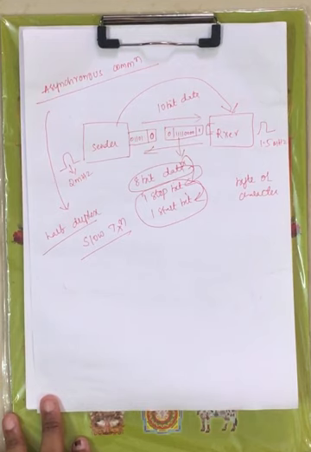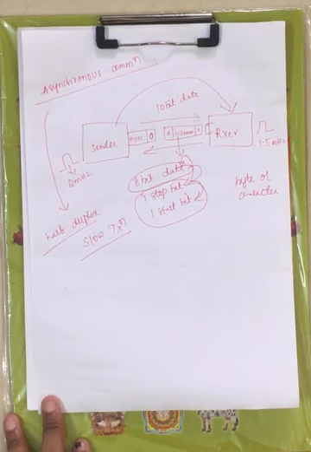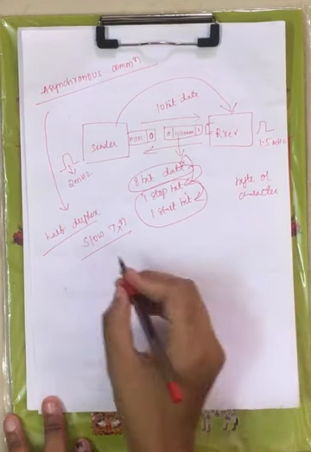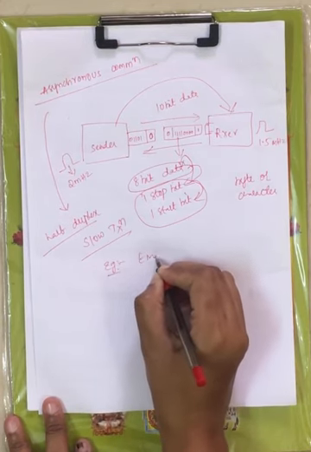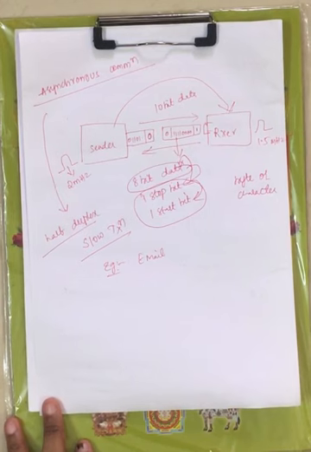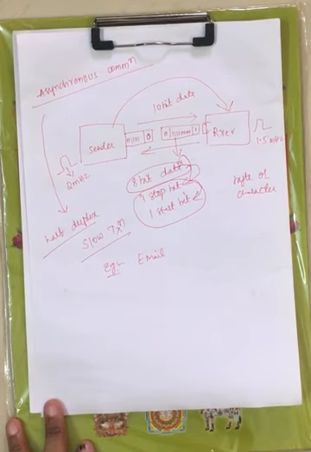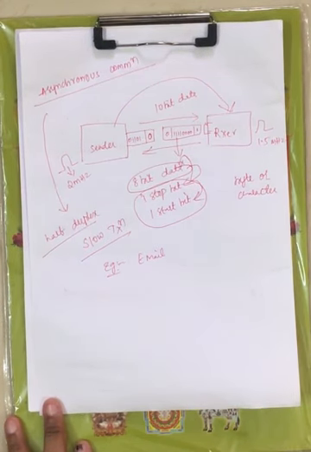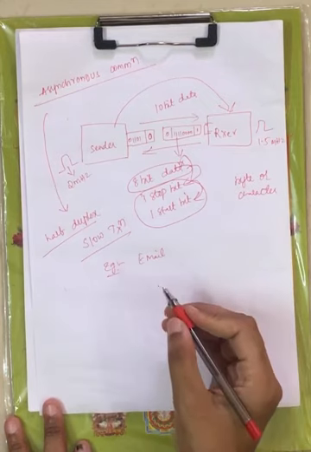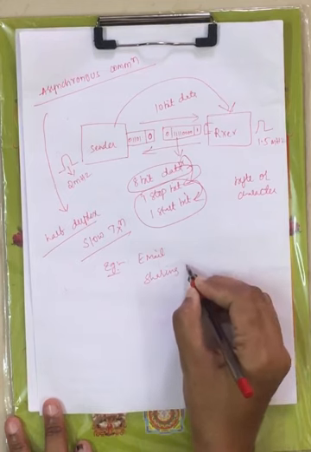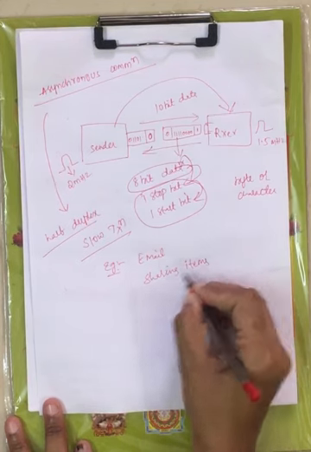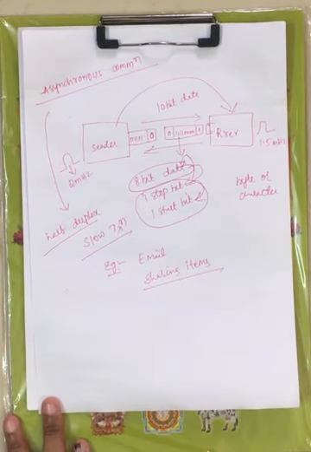If you see this asynchronous communication, along with 8-bit data, 1 start bit and 1 stop bit are included. Now total 10 bits are transmitted. Now let me give an example. Email, right? You are texting some email. Email is one of the examples for asynchronous communication. Next you have sharing items, like the Share It app.